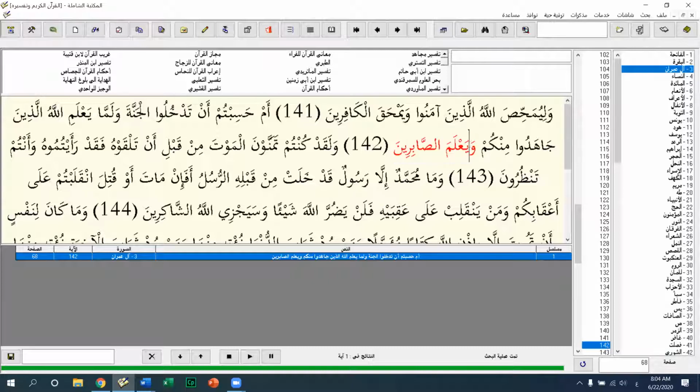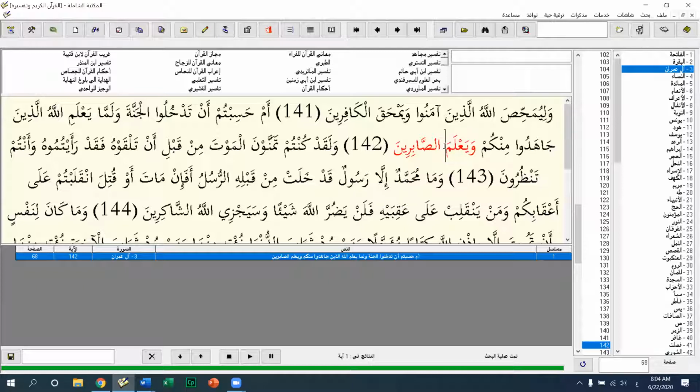And then we have to, at the same time, while we're struggling, exemplify sabr. That's why this waw is called waw al-ma'iyya. It's this along with this. So it's jihad combined with sabr. When we have this waw al-ma'iyya, it makes the present tense verb, which is what we're examining right now, not necessarily the meaning of the